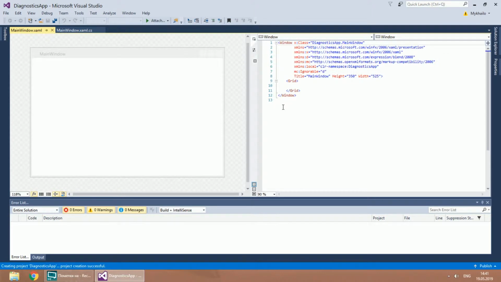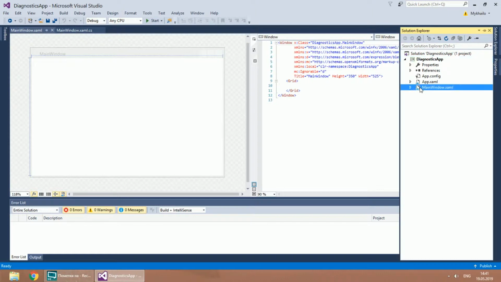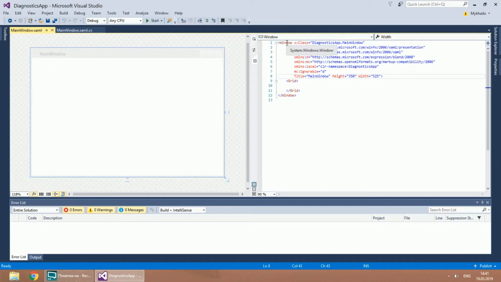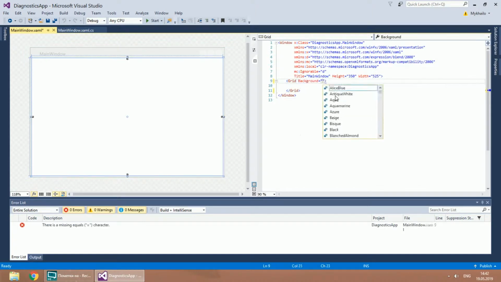It is quite similar to HTML and XML because you will see angle brackets, tags, attributes, and nesting. Even comments are written the same way. After you create your project, by default you have one window created for you. Window consists of two parts: XAML, your interface, and CS, your code. When you work on your interface, you have two halves: Design and XAML. Ideally, you use Design to preview and XAML to make changes.